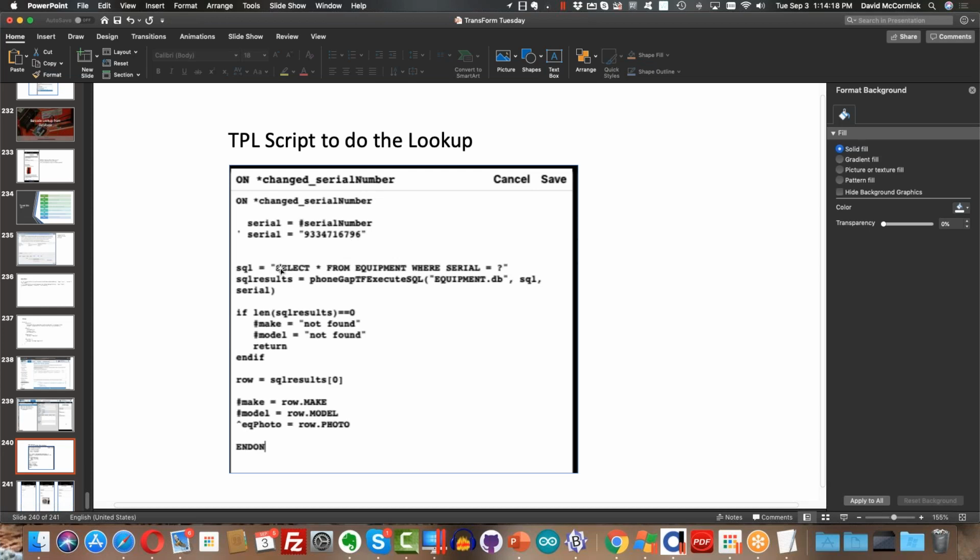I think most of you are familiar with SQL statements. I'm just doing a select star from the equipments table where serial equals question mark. Now, question mark has a special meaning here. It means that it is an alias, so it's going to get replaced later on when I actually use this SQL statement, which is in fact in